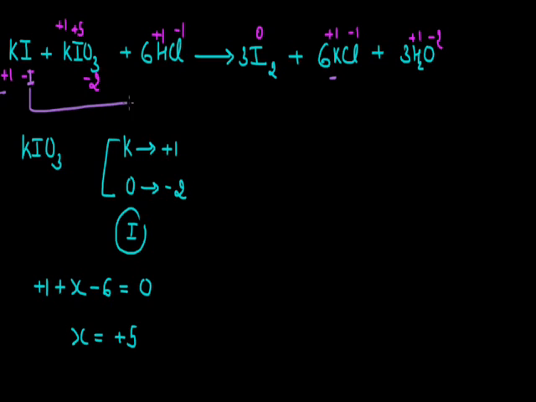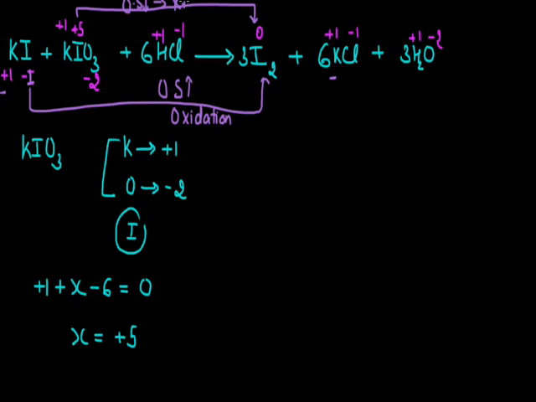As it is going to change from -1 to 0, it's an increase in oxidation state, and since it's an increase in oxidation state, it is defined as the process of oxidation. Here again iodine goes from +5 to 0, and as it changes from +5 to 0, a decrease in oxidation state is undergone, and it can be defined as the process of reduction. So here again oxidation and reduction both take place simultaneously, so this can also be taken as an example of a redox reaction.